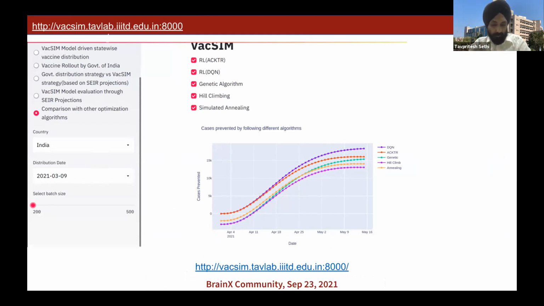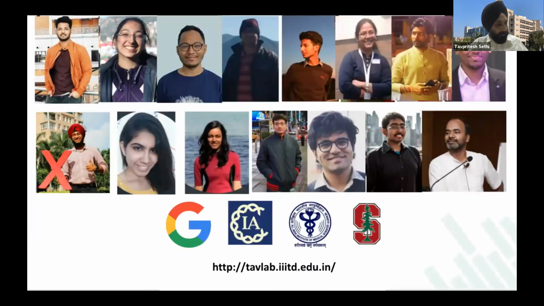We hope that it gets accepted, but we are very excited nonetheless about this very first application of reinforcement learning at the public health level towards solving a problem which allowed us to answer these questions and go back to the governments and say that there is a way where we could allocate resources in a better manner. So I think that I'll stop there. I've already taken 20 minutes, actually more. So I'll stop there by acknowledging my team members who actually contributed to all of this,